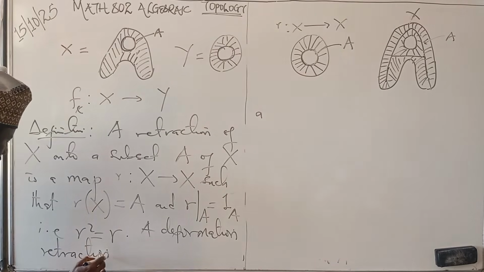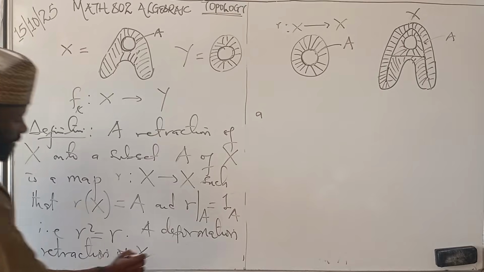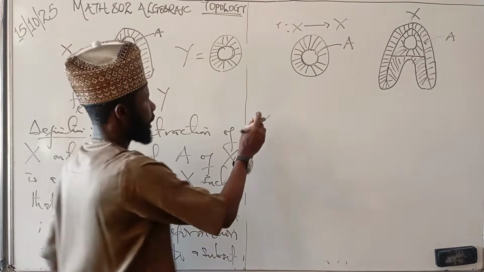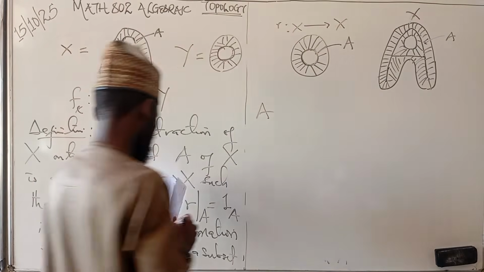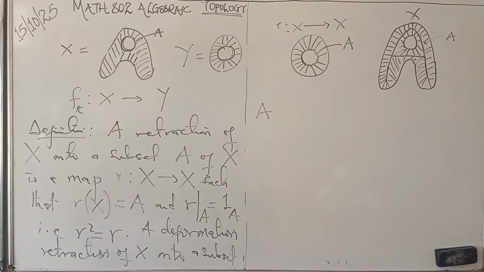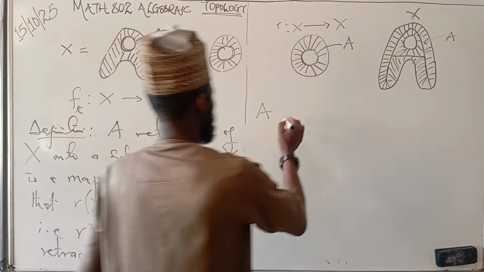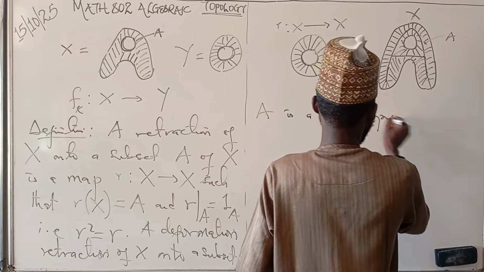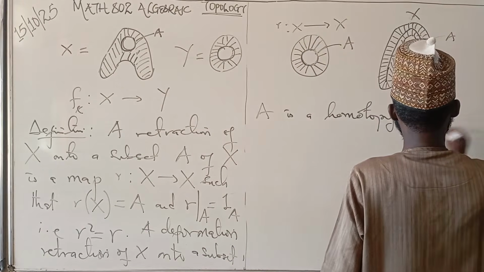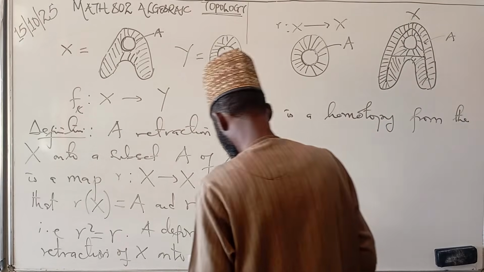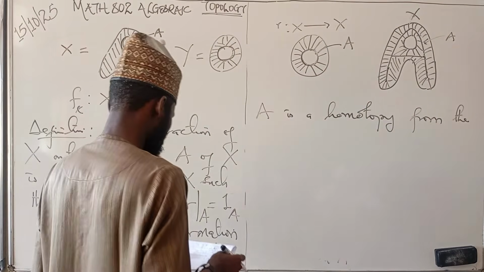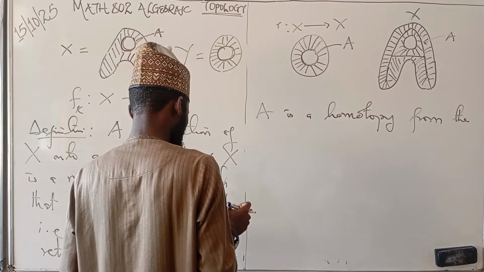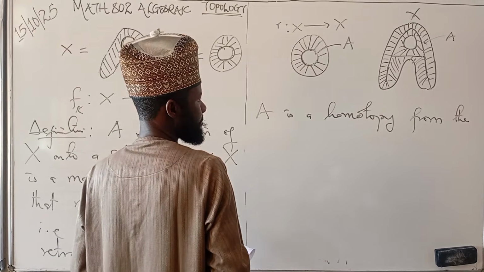A deformation retraction of a space X onto a subset A of the space, just like when I defined the retraction, is nothing but a homotopy from the identity